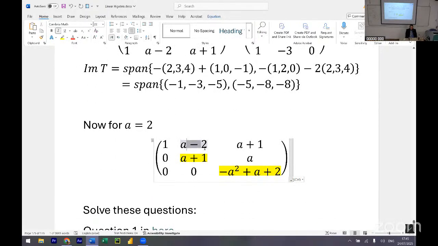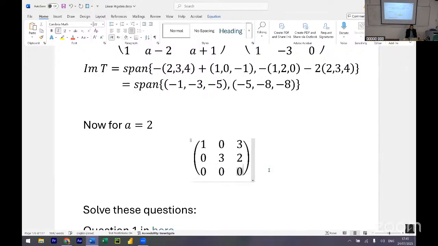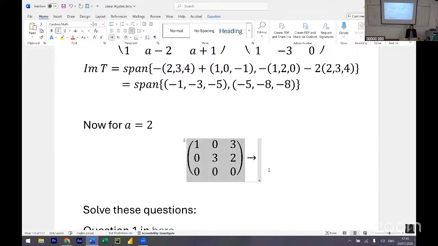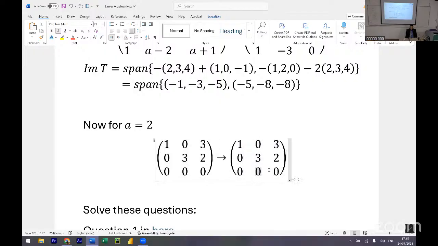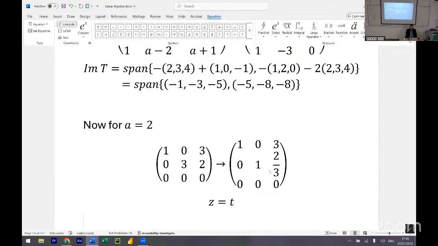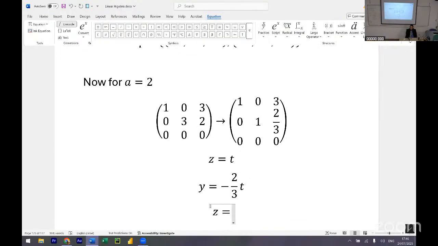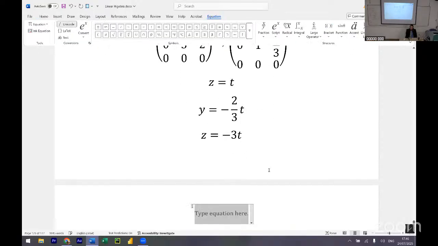And I'm substituting 2. So this is 0. This is 3. This is 3. This is 2. And this is 0. And will echelon reduce it? Yes. So that's 1, 2/3. Z equals T. Y equals -2/3 of a T. X equals -3T. The null space of the matrix is